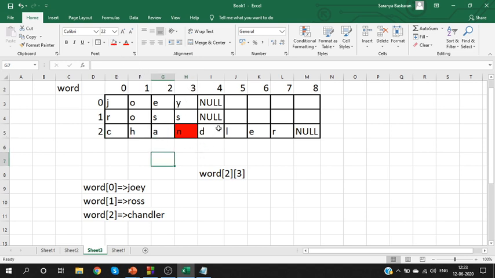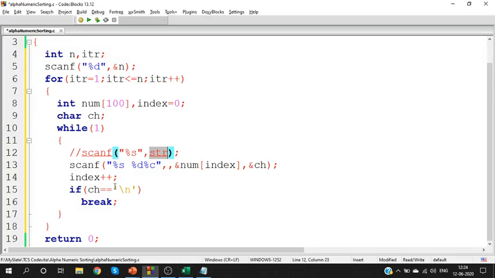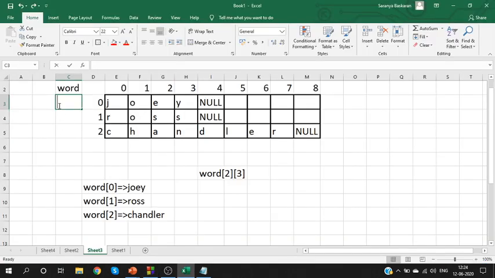So it is up to us how we want to do it. Am I making it clear for all of you? If you want a particular character, tell the row number and the column number. If the entire string is needed, tell the row number alone, and you can get the entire string. I hope I made it clear till this point. So when I store it, I'll give it as word of row number, which is the index. Instead of row number, I'm using the term index.